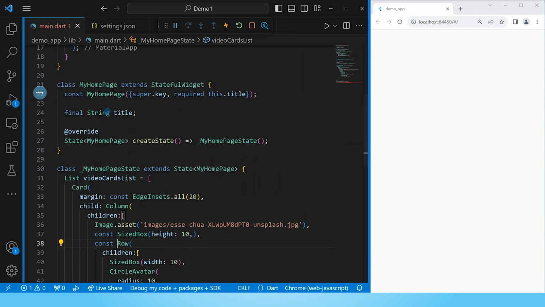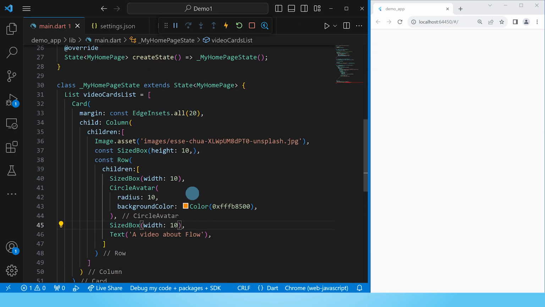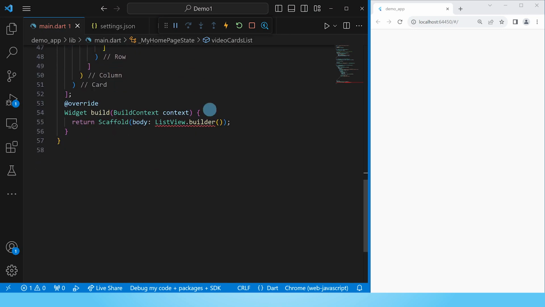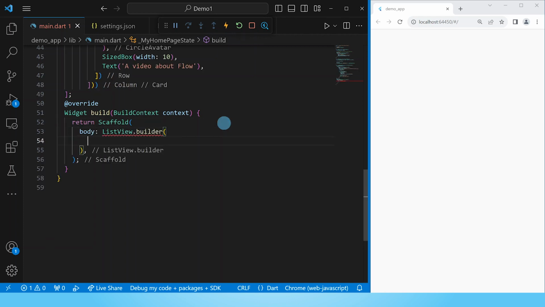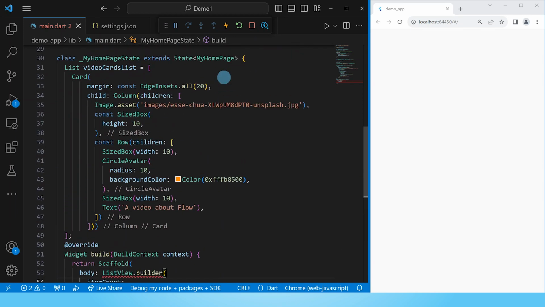We'll go ahead and minimize this. Now we have our list with a single card in it. And we are now ready to build using our ListView.builder. There are 2 properties that we need to supply in this ListView.builder. And these are item count. How many items are going to be in our list view, and we will set it to the length of